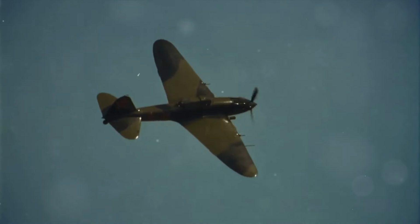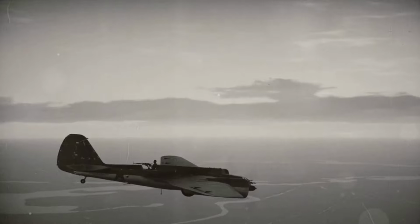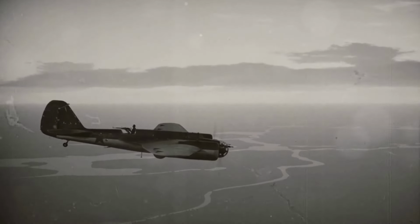The He 111 was designed for speed, not for resilience. Its thin skin made it vulnerable to anti-aircraft fire and enemy fighters. As the war progressed, this became an increasingly significant issue. Despite upgrades to its armament and armor, the He 111 could not keep up with advancements in Allied aircraft design